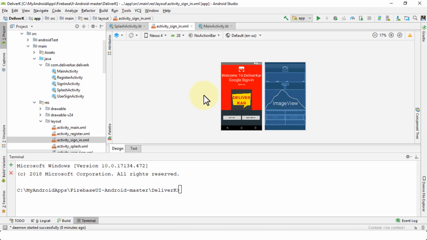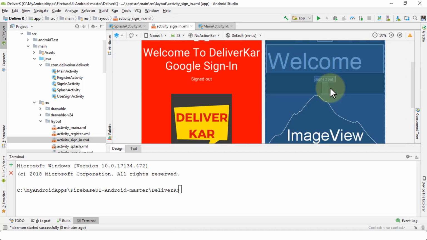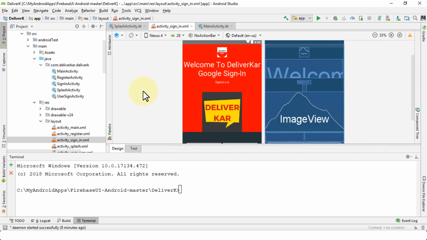I can of course zoom in by clicking on the plus sign here, right? That allows me to zoom in. Or I can hold the control key down and use my wheel on the mouse, if I'm using Windows, to simply zoom in. Perfect. So that way you can navigate from the design tab or the text tab, and each tab contains a separate set